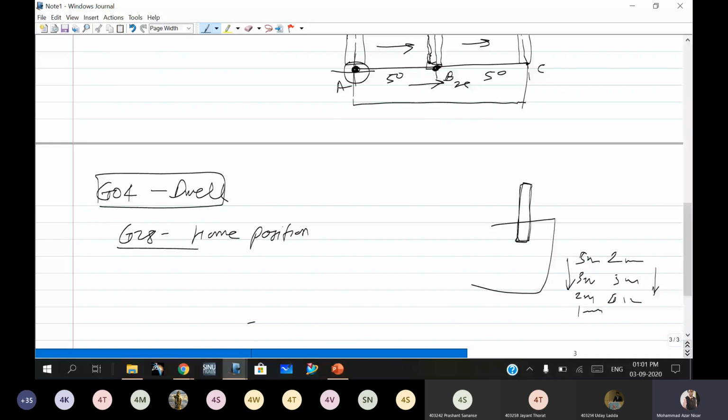The next one, G54 to 59. This is used for the datum point, or workpiece 0.